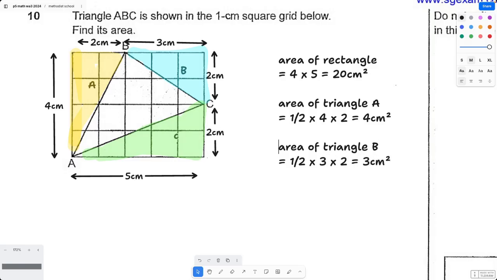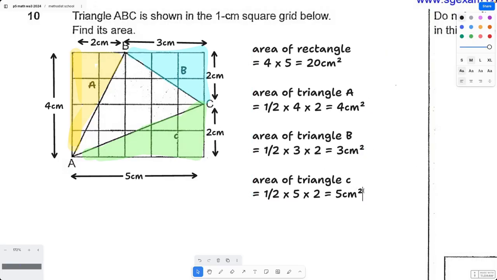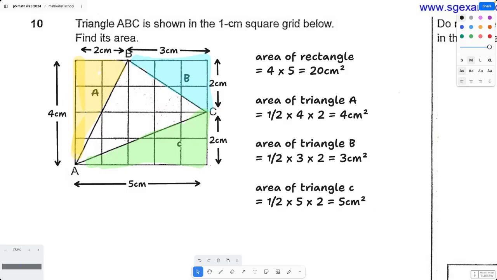And area of triangle C is equal to half times 5 times 2, which is 5. Now with all of this, to get the area of triangle ABC is equal to 20